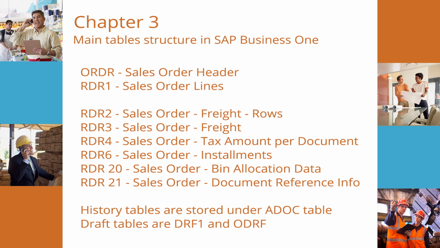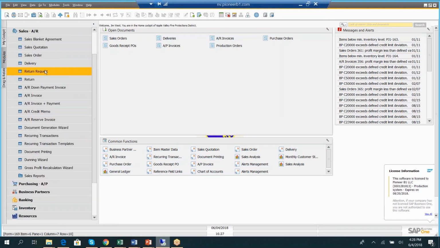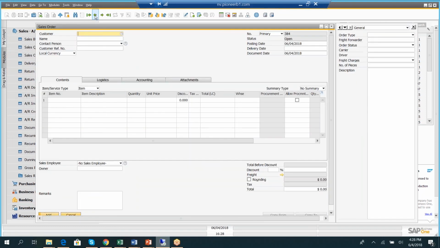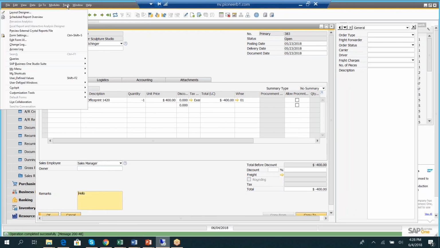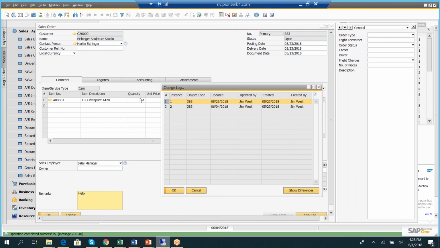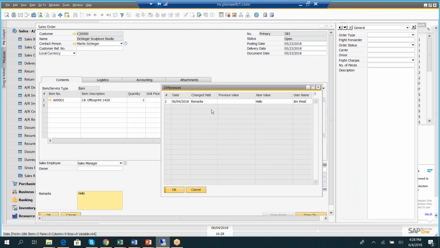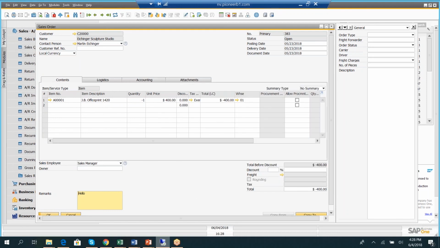There is a table called ADOC. I don't know why it says a sod. It's supposed to be ADOC. And that shows all the history. So you know that you have a change log, and that shows you, for example, if I clicked here in this order, says hello, and I update the document, the table saves the history. So when I look at the change log and I want to see differences, it shows me which is the user that updated that value. So if I ever need to go back to the history, ADOC is the table,